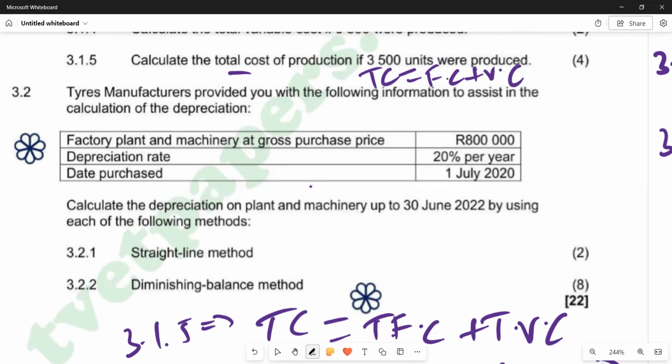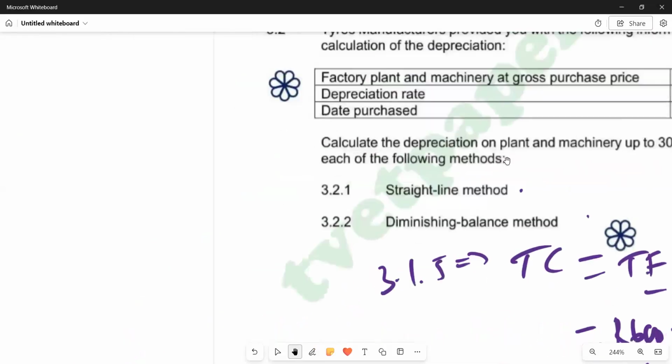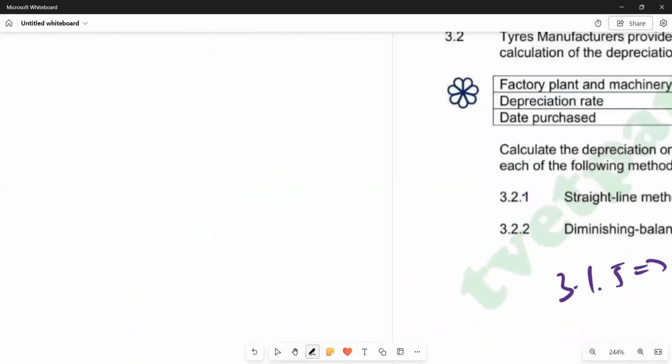First of all, let's identify the period in question. We are seeing that this non-current asset was purchased on 1 July 2020, and we are told to calculate depreciation on 30 June 2022. So obviously, after a year, it was now 30 June 2021, and then on 30 June 2022, it was the second year. So we have 2 years for which we want to calculate depreciation using the straight line and diminishing balance methods. Straight line, we're not going to have any problem there. 3.2.1, we are going to say on straight line,